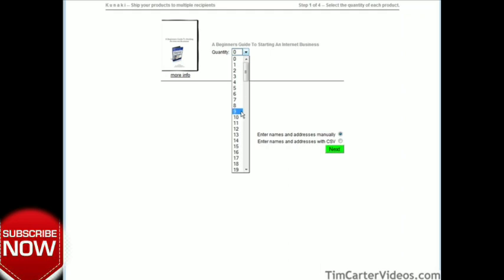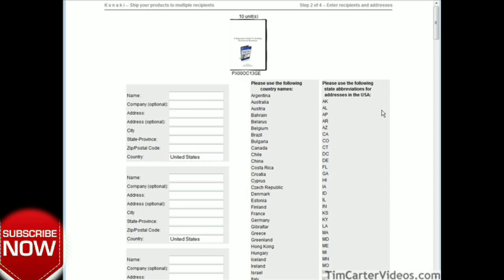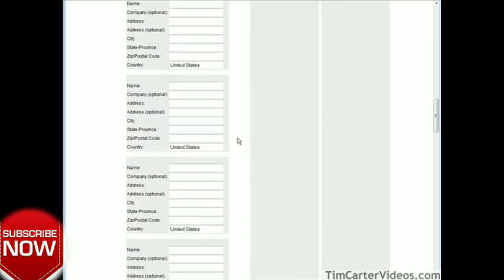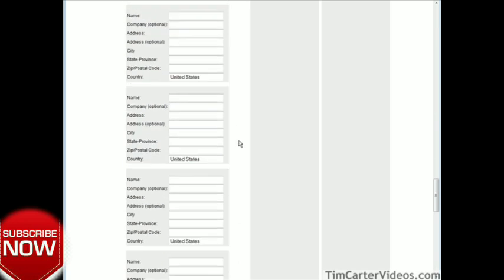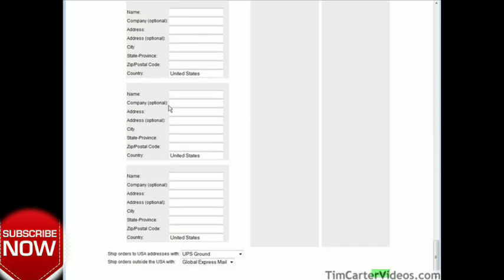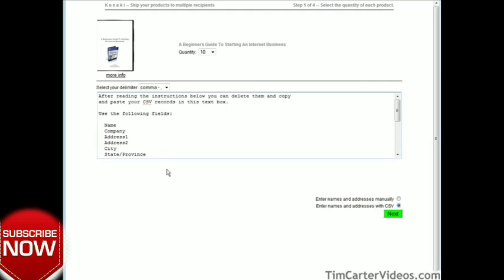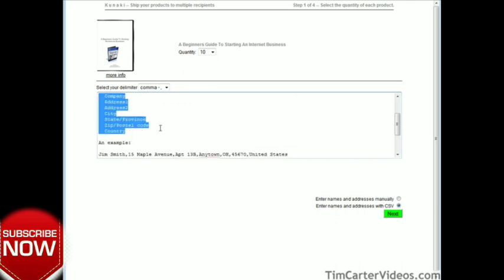So say we have 10 that we're going to send. So we could go next here, and then we can enter the name of the 10 people we're going to send here. Now obviously this would probably be easier to do using CSV. So if we did the CSV method, it comes up here and tells us that we have to use the following fields in our CSV file. So if we set that up with these fields in it and we have 10 records,